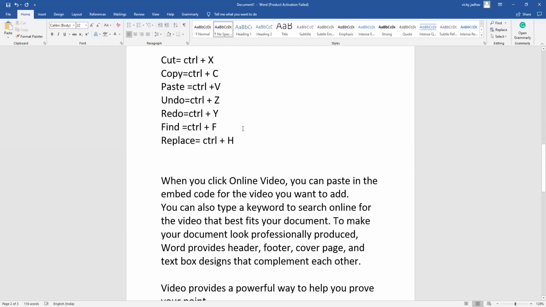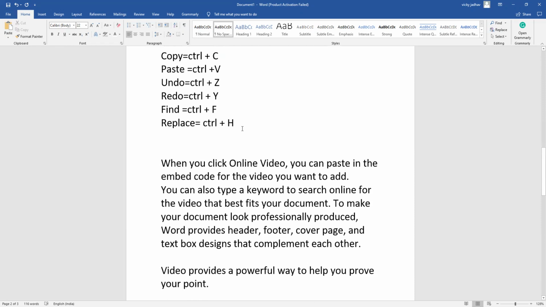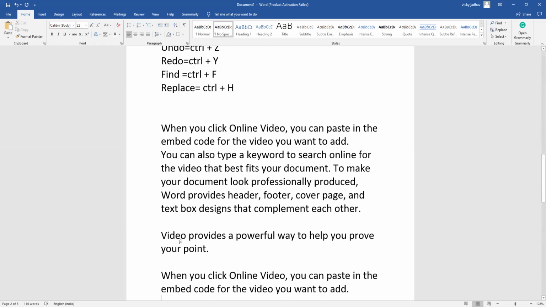Now what I want to tell you is how to undo. Basically, undo reverses your last action. I will give you an example. As I have selected this part and I will do this, you can see this much of the sentence has been highlighted in yellow color. What if I don't want this highlighted part?